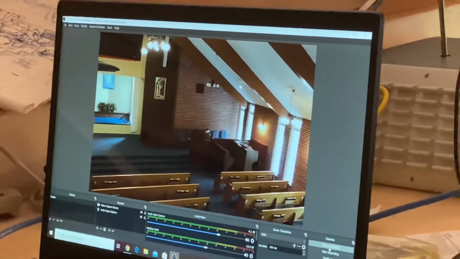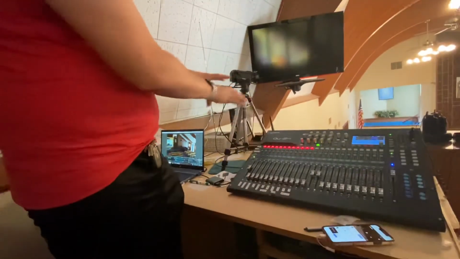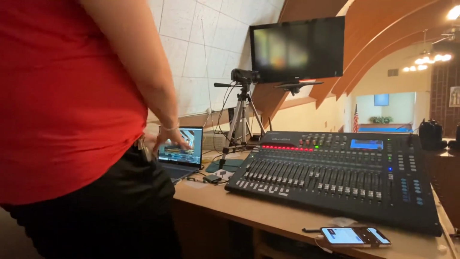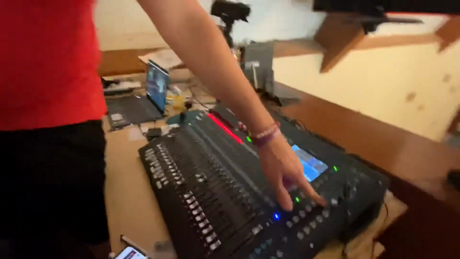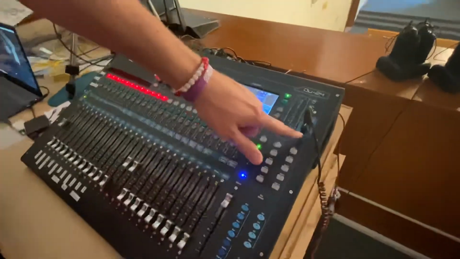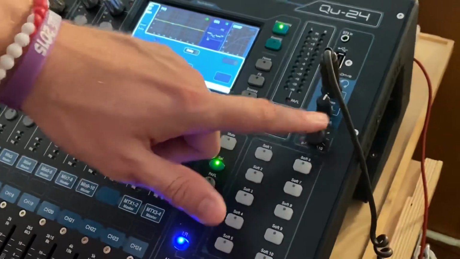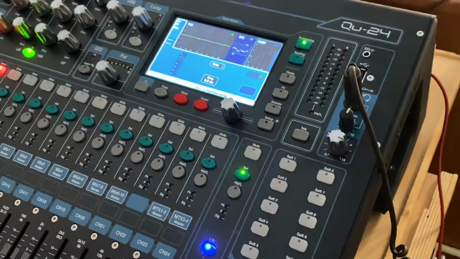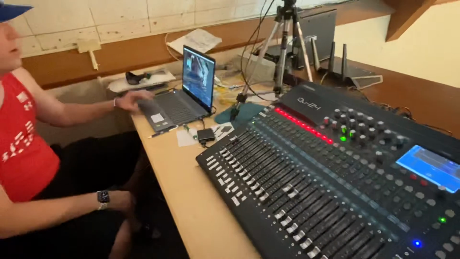Now, one important thing is that we run our sound through the board into the camera, and from the camera into the computer. So right here under the Alt Out, you need to make sure it's up and make sure it's close to 10. That's what we want to make sure of. So one other thing we can go over real quick